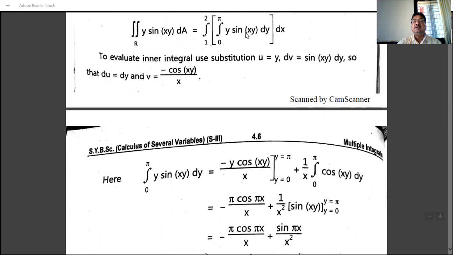First y. The integration of sine xy is what? It is minus cos xy divided by x. X is constant now. First into integration of second, don't use substitution. This is first, this is second. First into integration of second, sine xy. Now the integration is with respect to y, therefore x is constant. The integration is minus cos xy divided by x, y runs from 0 to pi, plus